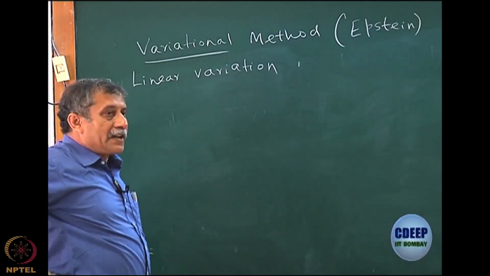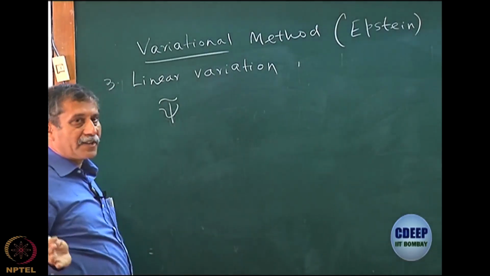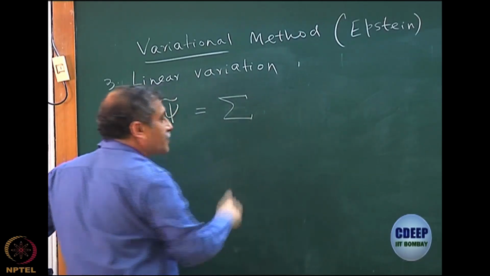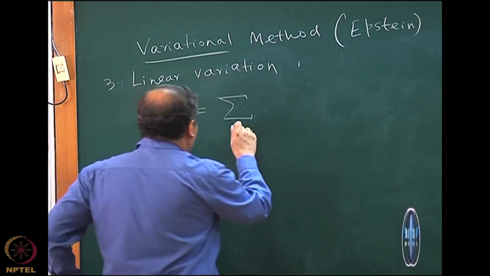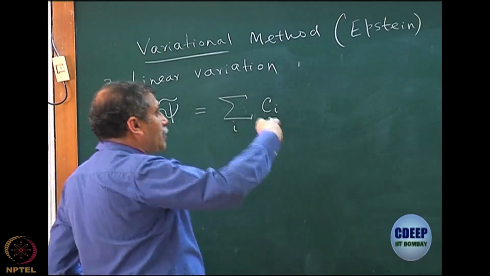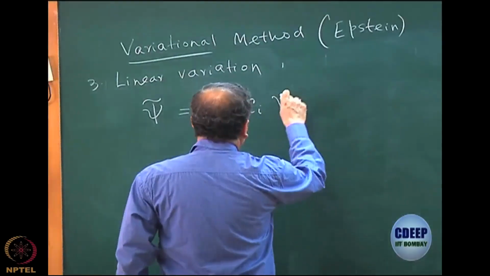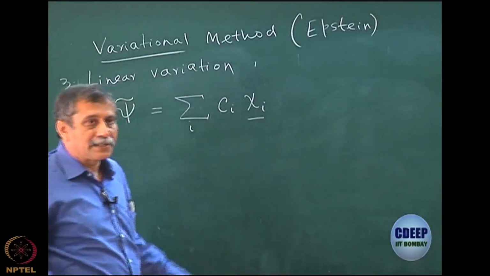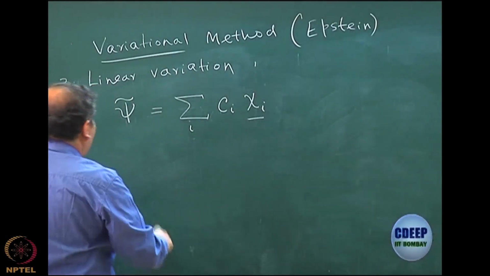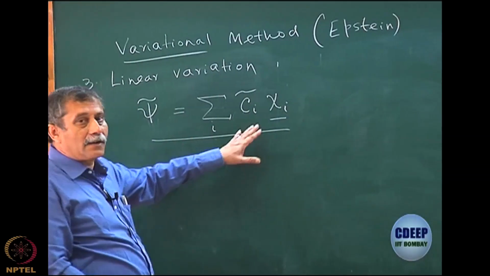Okay. So, linear variation is the following kind, that I actually choose my psi tilde, it is no longer arbitrary. I choose my psi tilde as a linear combination of some basis functions, let us call some Ci, okay. Now, that Ci do not confuse with this Ci, okay, obviously, some basis function Ci times chi i. Do not confuse these chi i's with spin orbitals, they are the basis for n particle function, n electron problems. So, these are n electron problems. So, I write my psi tilde as a linear combination of these chi i, where chi i's are known basis